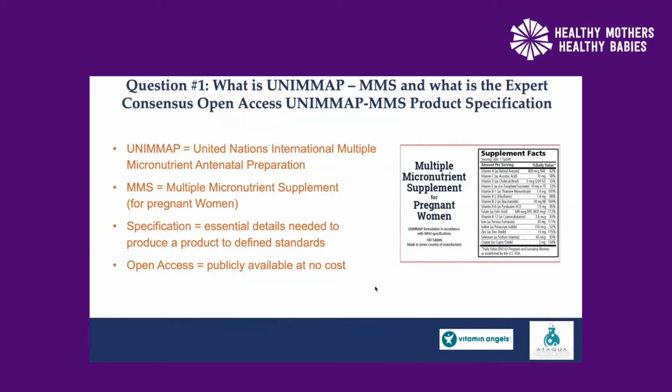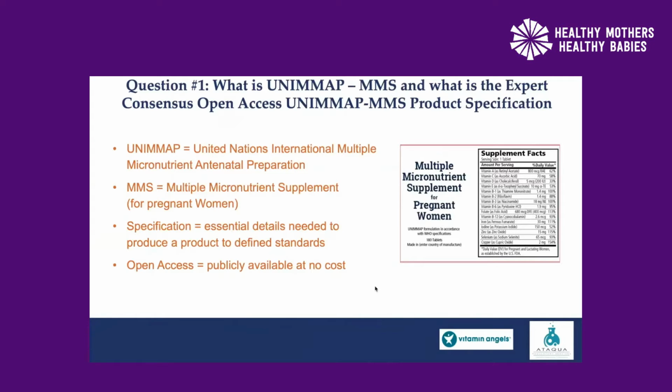UNIMMAP MMS stands for United Nations International Multiple Micronutrient Antenatal Preparation Multiple Micronutrient Supplement, which is a mouthful, which is why we abbreviate it. The Expert Consensus UNIMMAP MMS Product Specification is a document that contains important information needed to manufacture the product. It is open access, which means that it's publicly available to any purchaser or manufacturer of the UNIMMAP MMS product. Ordinarily, a product specification is a manufacturer's proprietary document that's not shared without cost to purchasers of